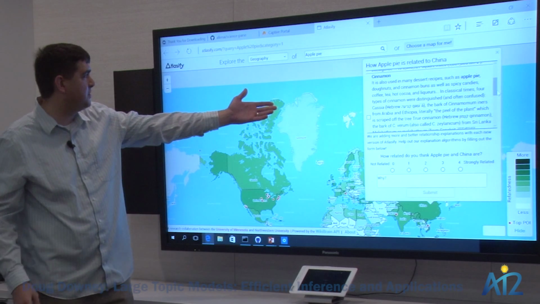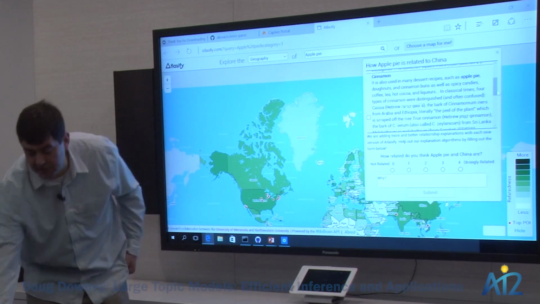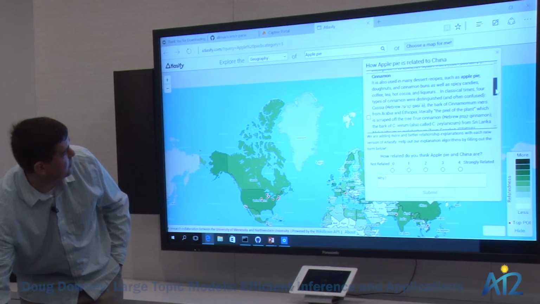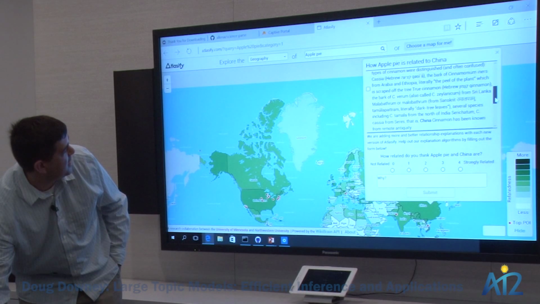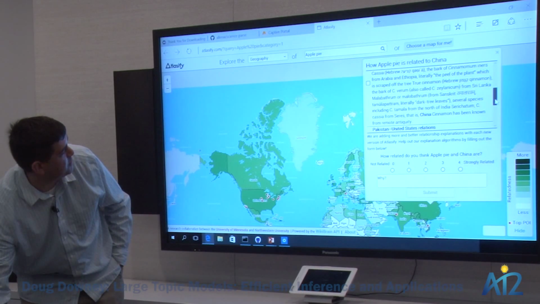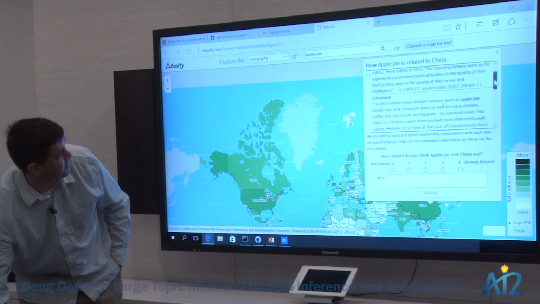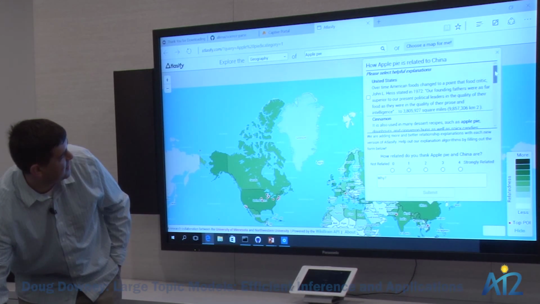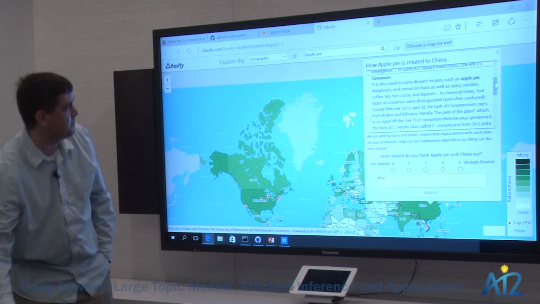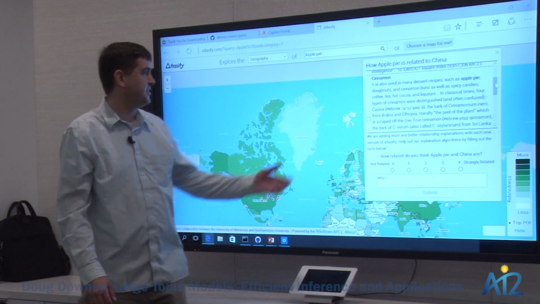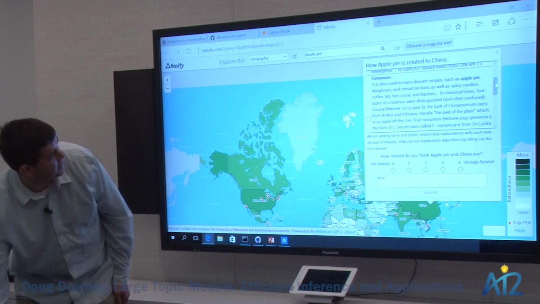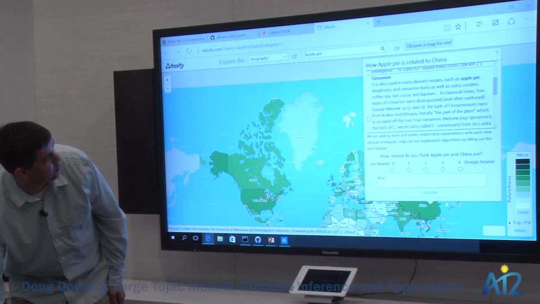So this is cinnamon, right? And cinnamon comes up. How's that related to China? China's cinnamon has been known, right? China is sort of the birthplace of cinnamon in some sense. And it's also used in apple pie, so that's one of the ways they're related. And notice you see some weird relationships here.